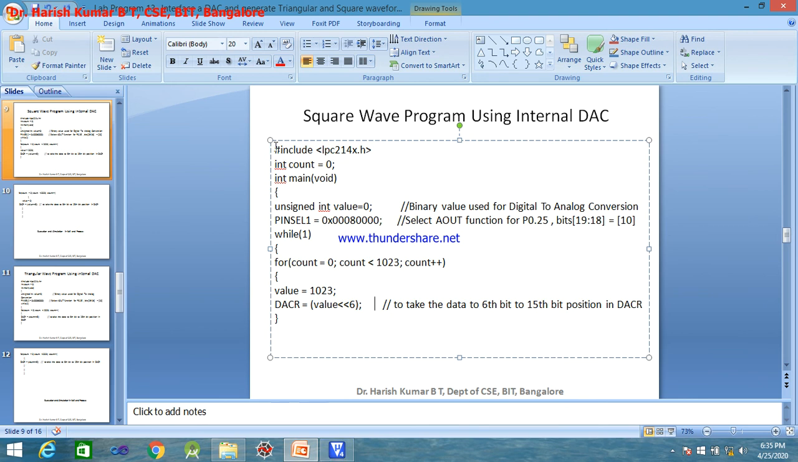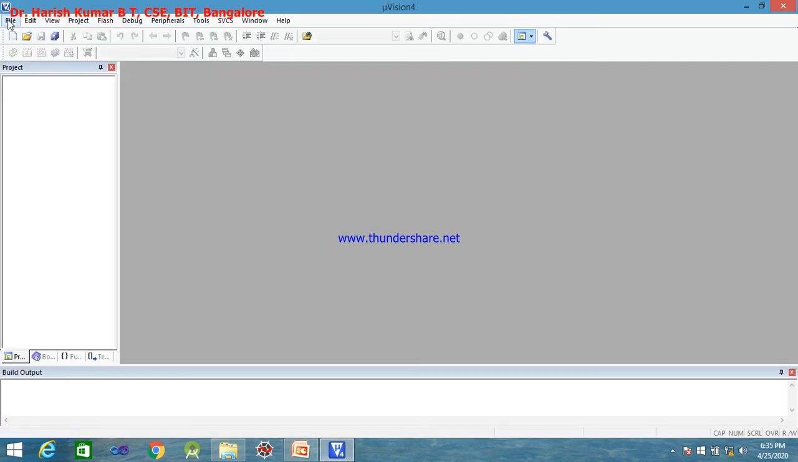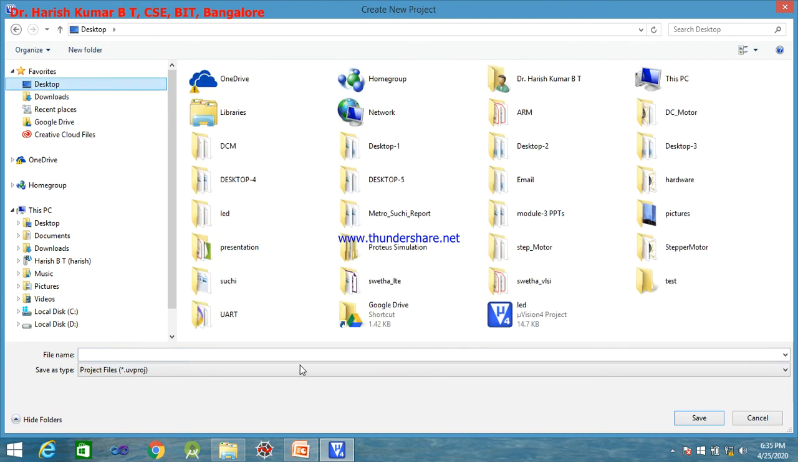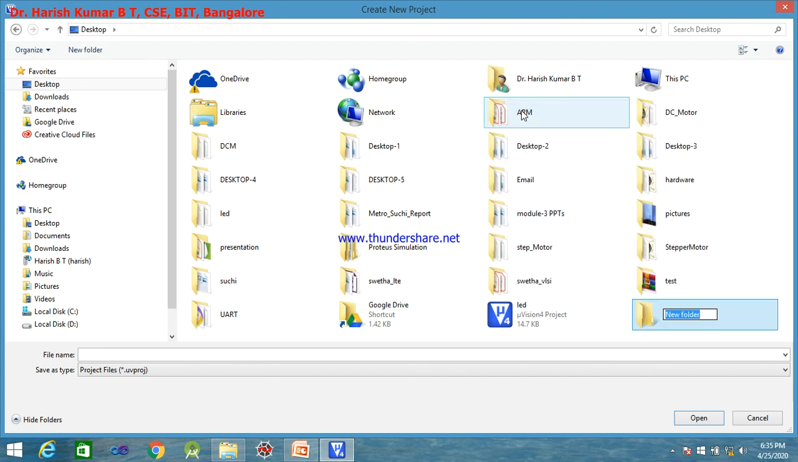Now I'll copy the same program. So copy, and I have Keil already open here. I'll just say Project, New Microvision Project. I'll save it on the desktop. So new folder, let me call it internal DAC. Since we are doing the square program,